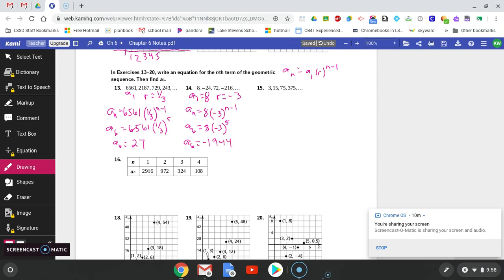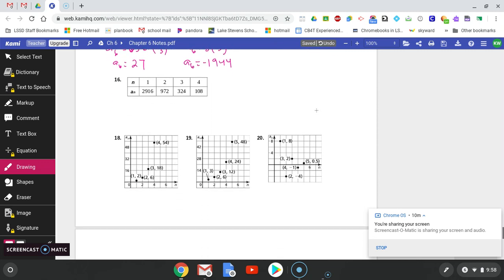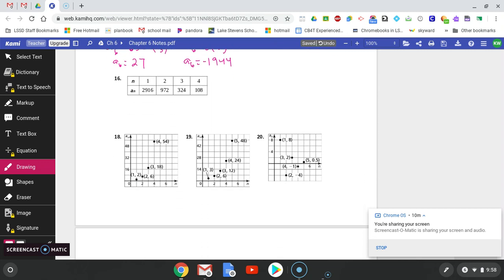Okay. Try number 16. Let's skip down to 16. So this is the exact same thing, only they've given it to you in a table. You're still just looking at these numbers here. So you're finding the pattern there. My first term is going to be this one here. And then my multiplication pattern, well, on this one I'm dividing by 3, which is the same thing as multiplying by 1/3. So a sub n is equal to my first term